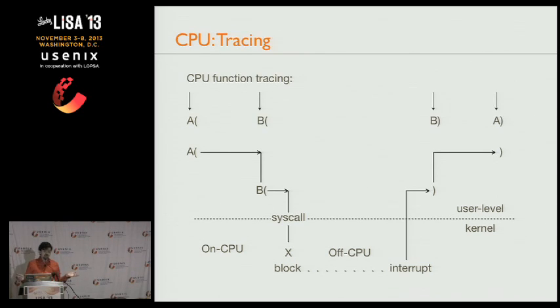The different way to do it is to actually do function tracing, where when A begins executing, I gather timestamps. When B begins executing, I gather timestamps, and so on. That's much more accurate because I can fetch nanosecond timestamps. But the overheads of this can be prohibitive because these functions can be called very frequently, and even if I'm only adding a small number of cycles, that can slow things down.